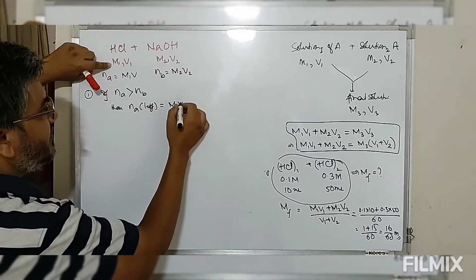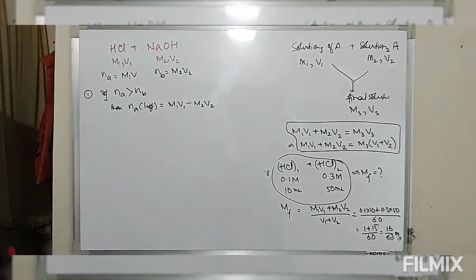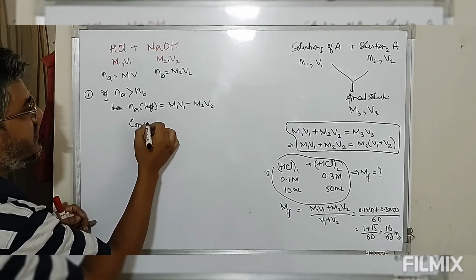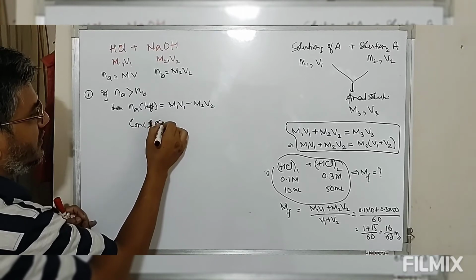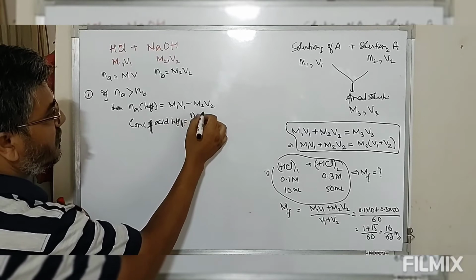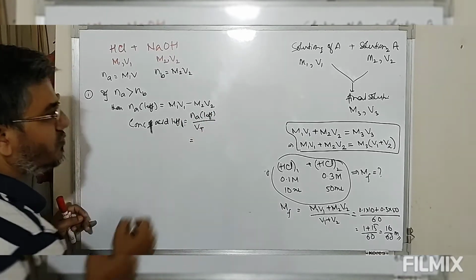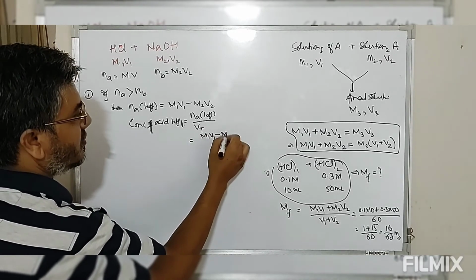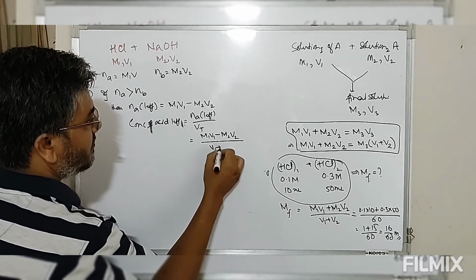So the amount of acid left is M1V1 minus M2V2. If this is the amount of acid left, then the concentration of acid left will be equal to the number of moles of acid left divided by the total volume. So the number of moles of acid left is M1V1 minus M2V2, divided by the total volume, which is V1 plus